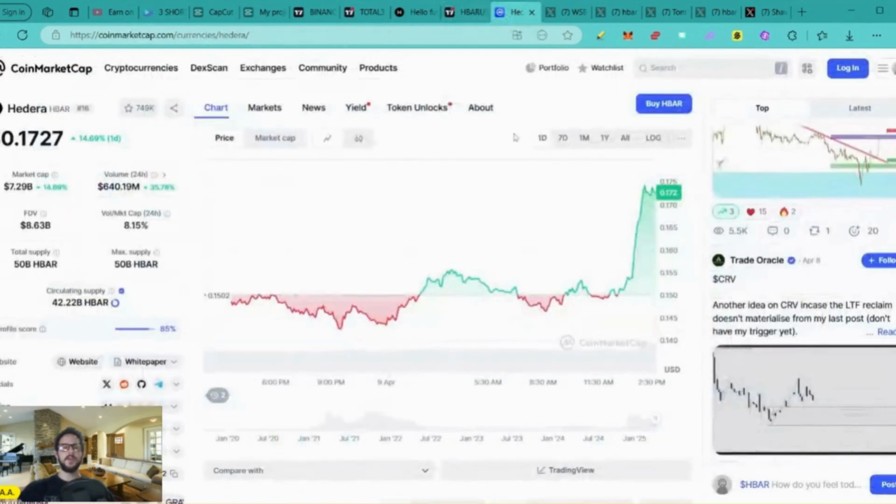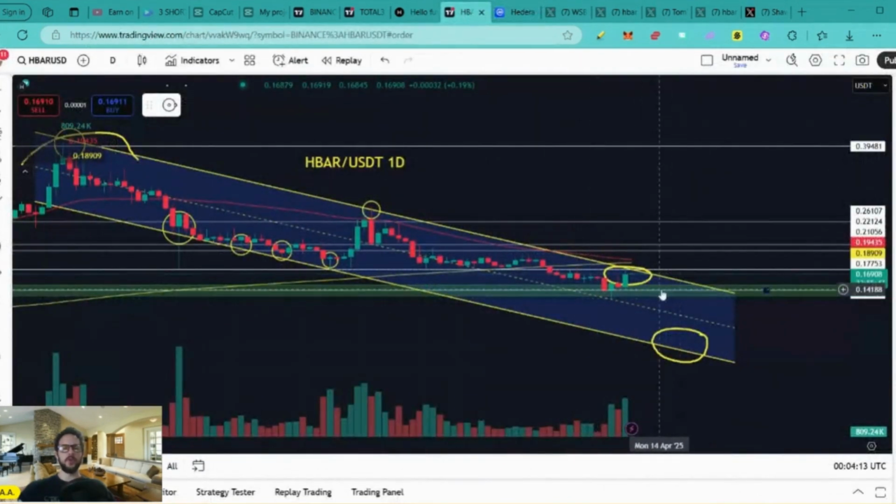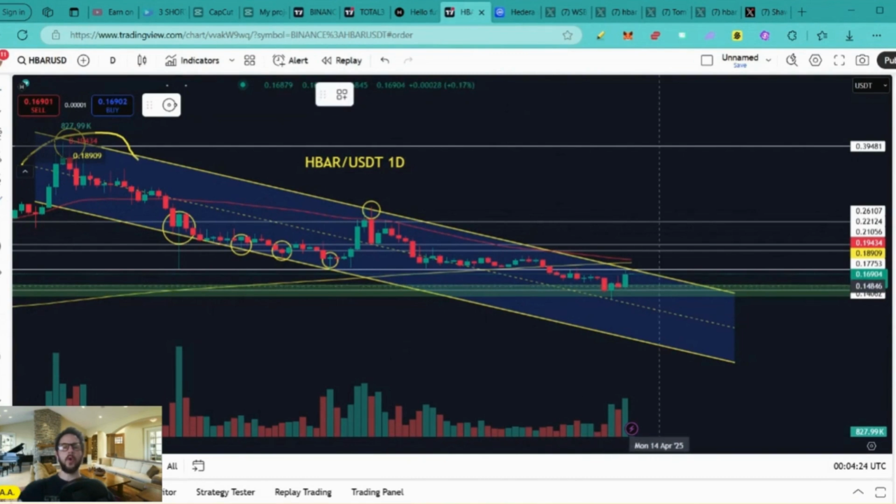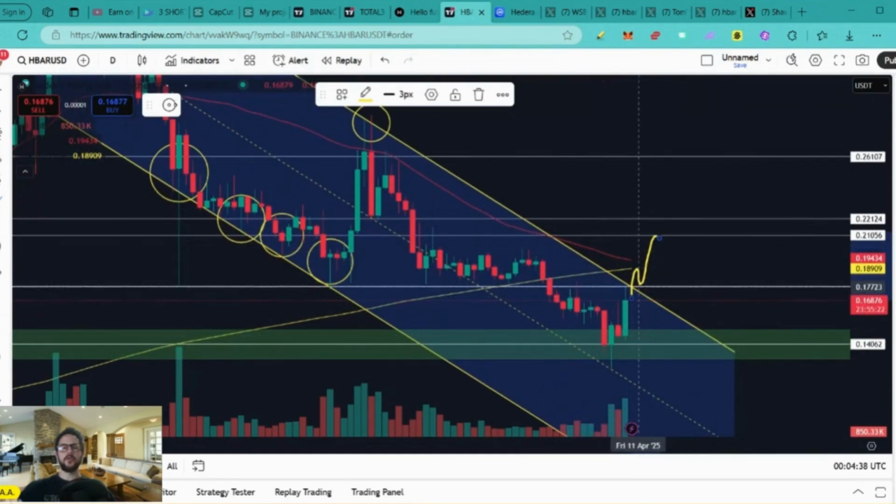If we take a look here at CoinMarketCap, we see that HBAR pumped over 14% today. So there is some kind of a bullish momentum going on. If this bullish momentum continues and we see some kind of a break above this upper descending resistance trend line in the coming hours, for example, I am going to be watching to see if the price action is going to break above the channel and above this key level of resistance that's located at 17 cents, 0.1775. If this happens, I am going to open a long position.